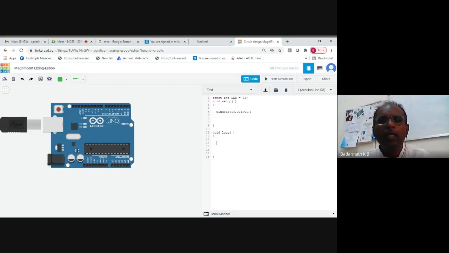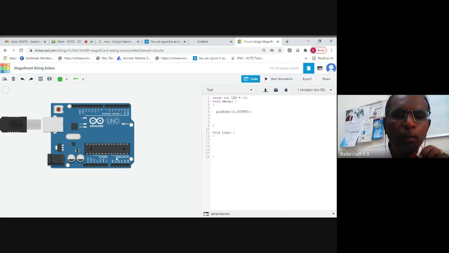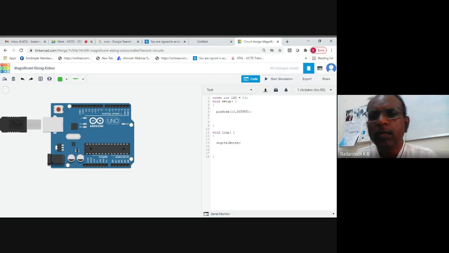Now we are going to learn 4 important functions in this lab session, how to handle the different types of inputs and outputs. As I said, the Arduino Uno board provides the facility to talk to the digital devices. It also provides a facility to talk to the analog devices. So now it is time for me to talk to the digital devices. What is the function available in Arduino to talk to the digital output devices? They have provided a function called digitalWrite. So digitalRead and digitalWrite, analogRead and analogWrite are what is required.